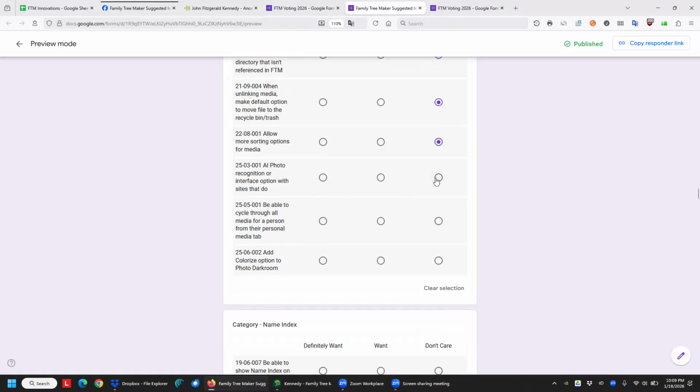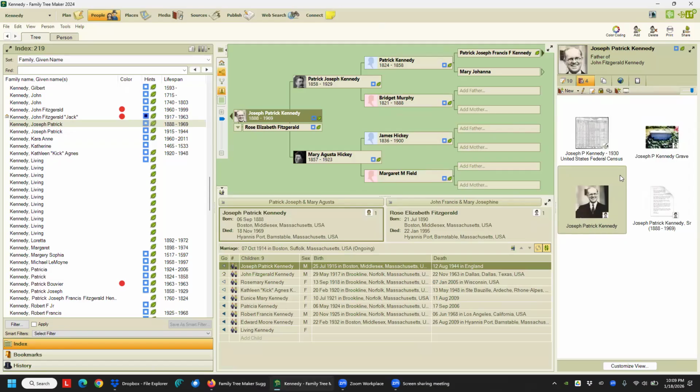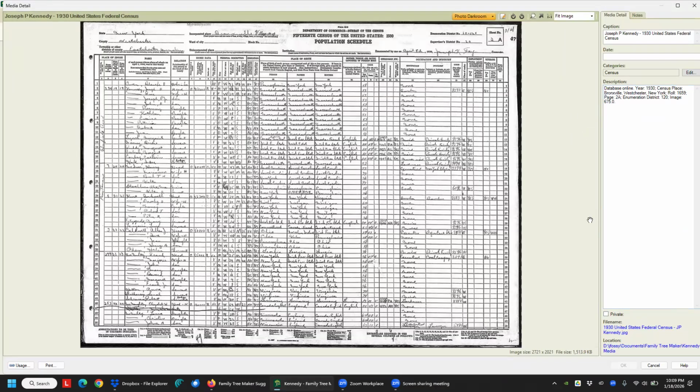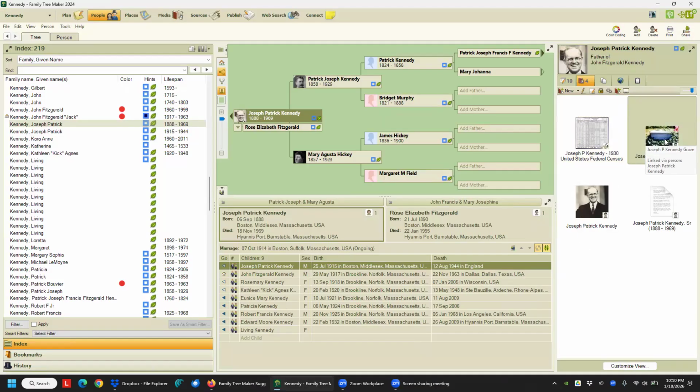This is a new one, AI photo recognition or interface option with sites that do, to help identify pictures. Be able to cycle through all media for a person from their personal media tab. Because what that is, yeah, you can like click on this individual media, but then you have to close it, go here. You can't do,